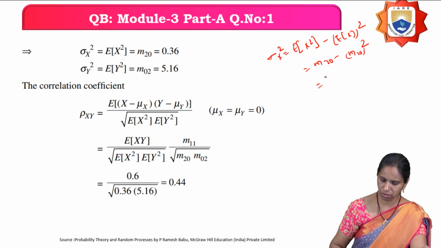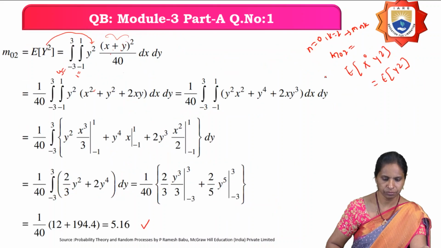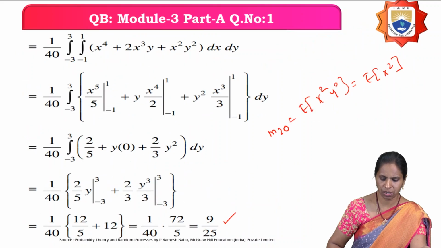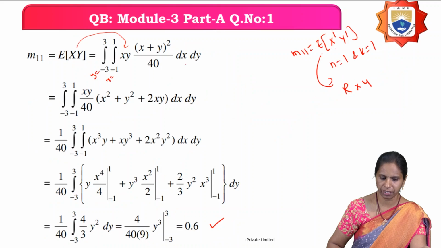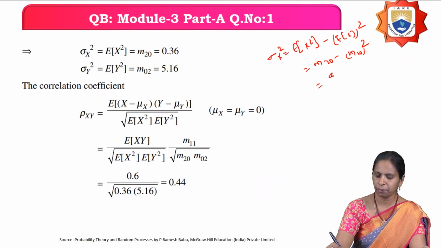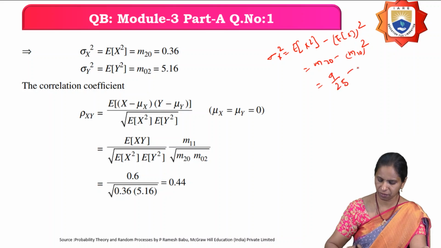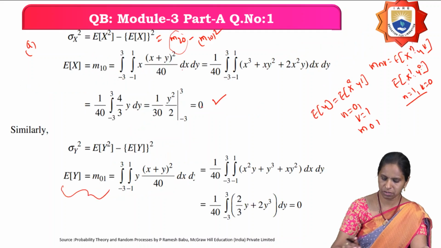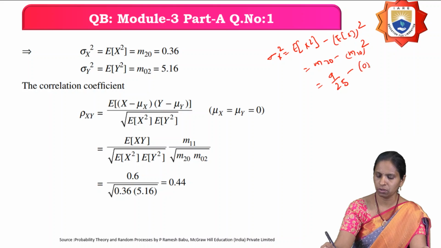What was M20 got previously? You got M20 equal to 9 by 25, minus M10 which is 0, 0 whole square. So it is nothing but 9 by 25,